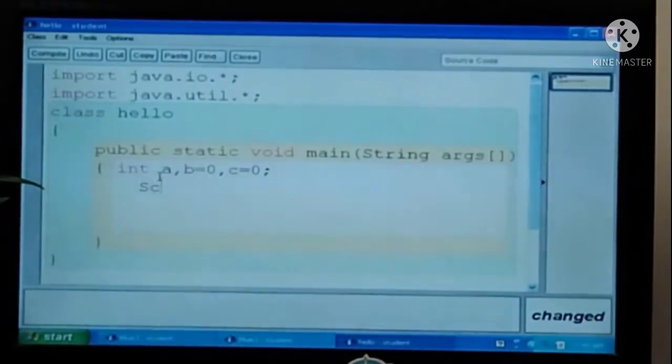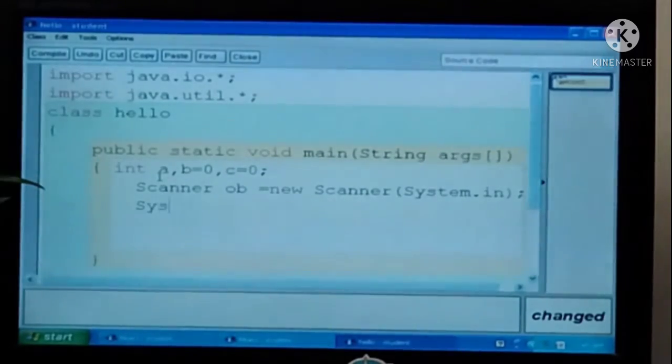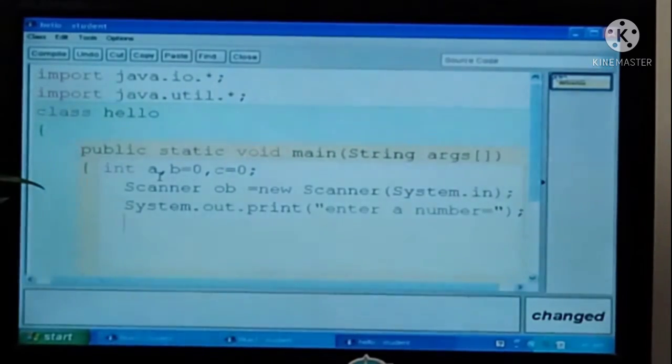Then Scanner object ob equals new Scanner, System.out.print, "Enter a number", a equals ob.nextInt.